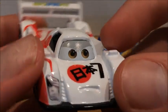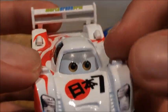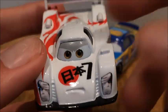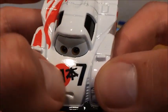Okay, so the first thing I noticed is the eyelids. It is not white. I don't know if the Chinese version of it is white, but the eyelids for him are gray, so that's kind of a letdown for me. And that's the thing that stands out, looking at him. And so he is number 7. I'm pretty sure that's